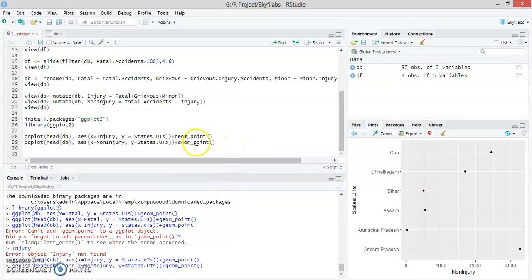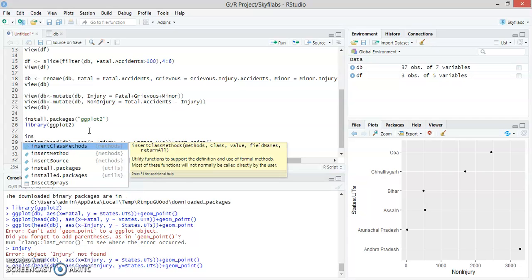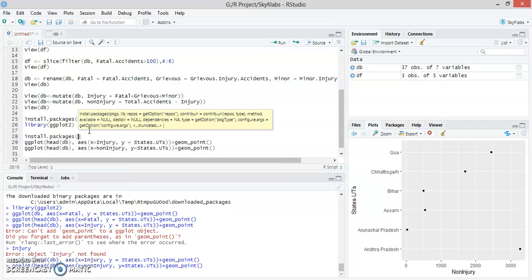Now suppose I want to plot these two graphs in a single grid. So I am going to install a package named gridExtra. So install.packages gridExtra.